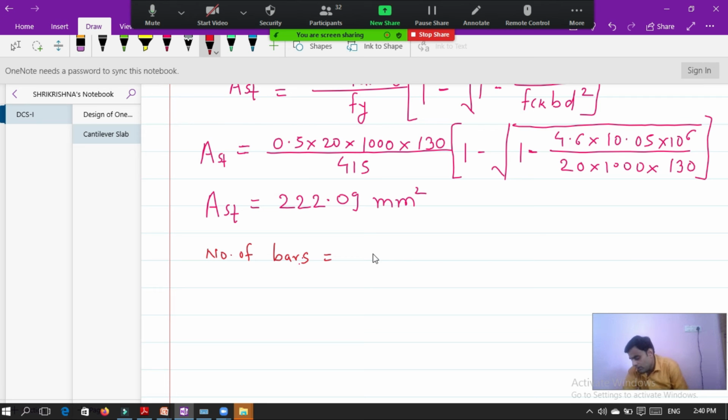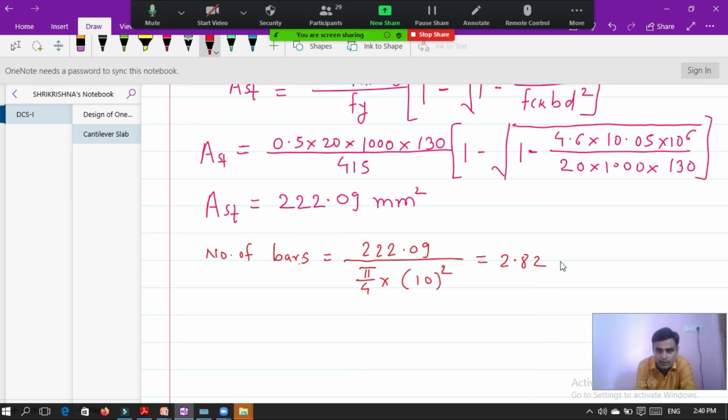So total area is 222.09 divided by area of single bar, which is pi by 4 into 10 square. So the number of bars is 2.82. So we will round up to 3. So 3 bars are required.